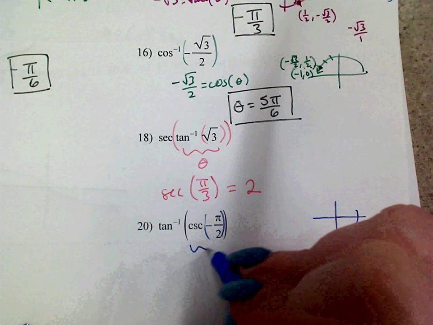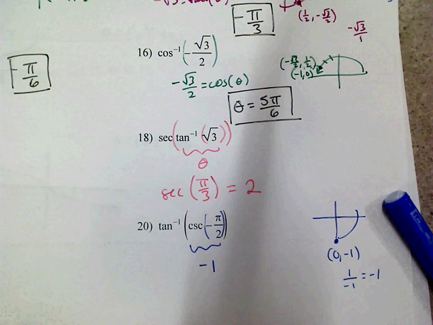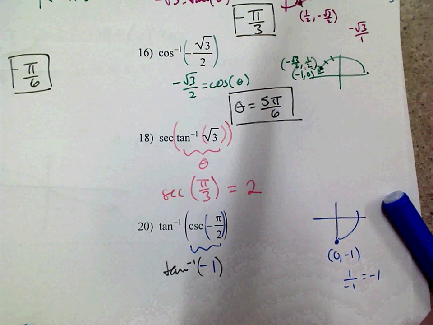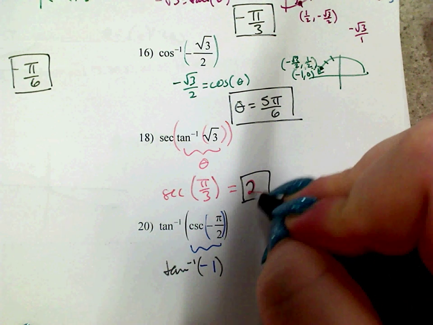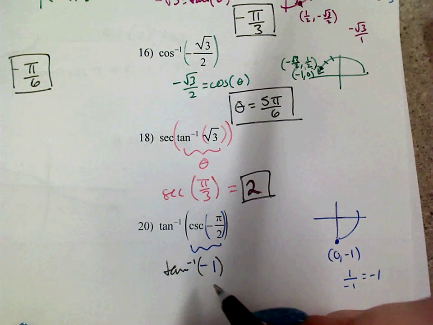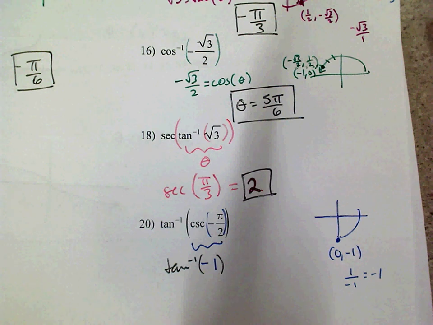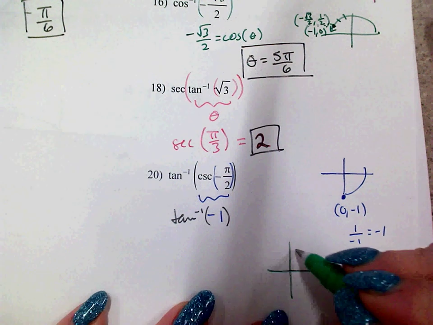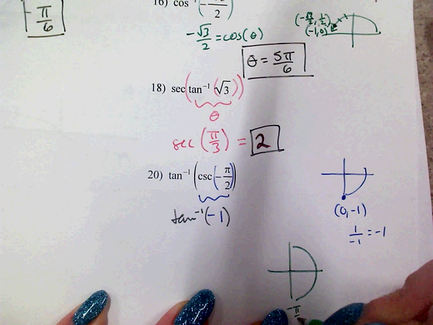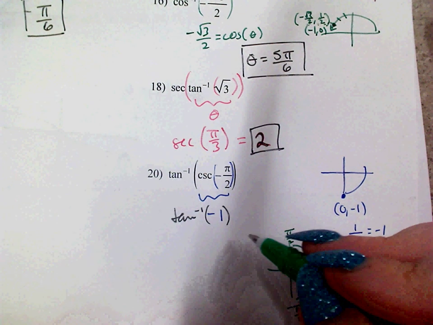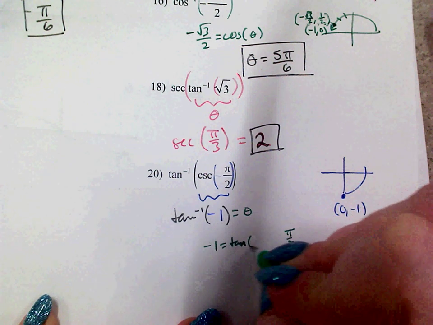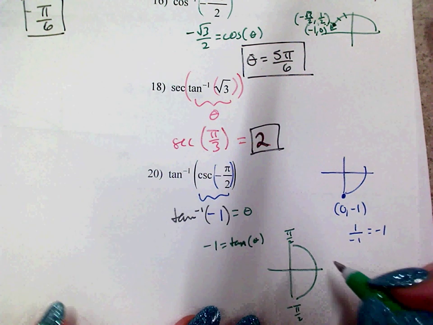Well, then I'm supposed to figure out what is tan inverse of that. Oh, I should have boxed that. Okay. So tan inverse of negative 1. So what I'm going to do is think, where does tan inverse exist, or what y values, and that's from negative pi over 2 to pi over 2. And as far as getting negative 1, this equals some angle, right? So negative 1 equals tangent of what angle, right? Well, here's what I know. I know that tangent is